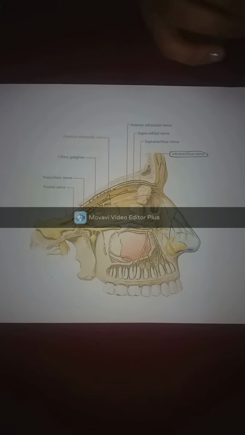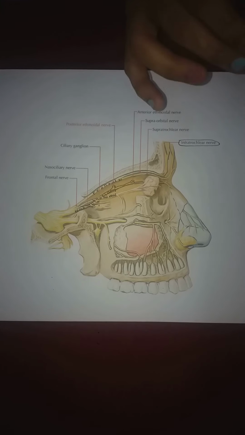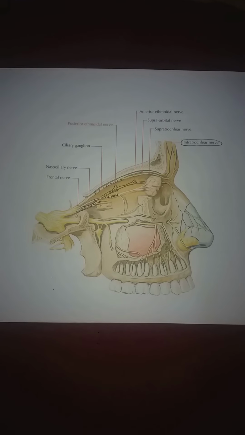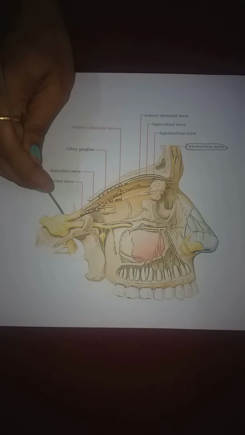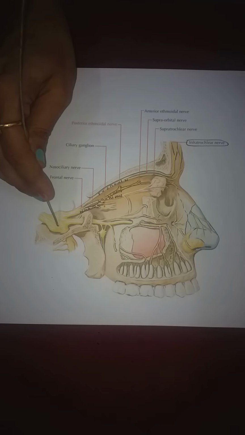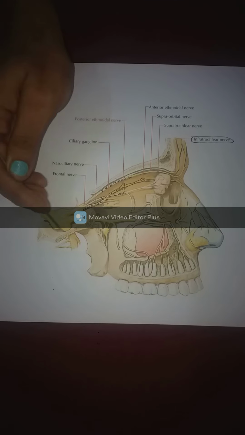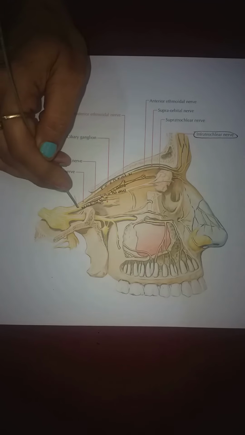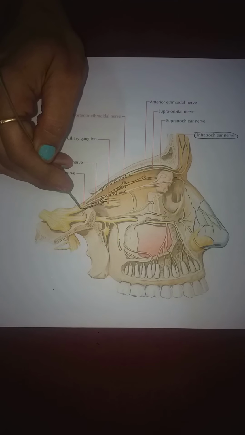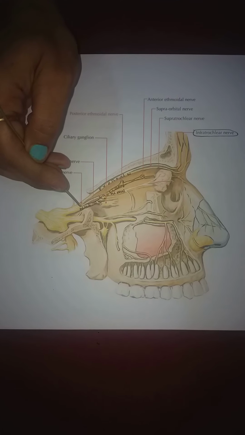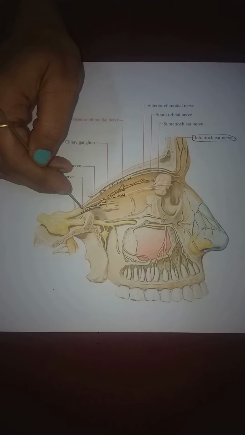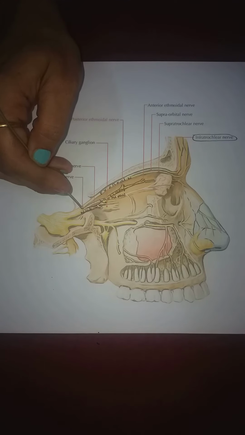So we saw these foramina in the bony orbit, and now this is the trigeminal ganglion. The trigeminal ganglion has 3 main divisions: V1, V2 and V3. I am interested in V1, right? The ophthalmic division. The ophthalmic division will enter the bony orbit through the superior orbital fissure. Now you can very well understand.